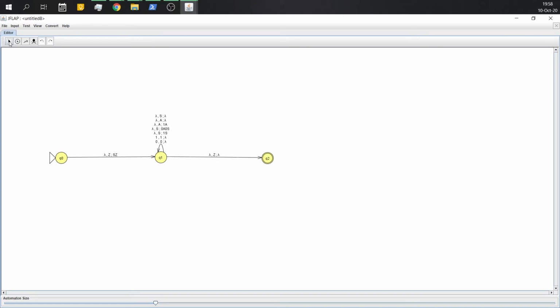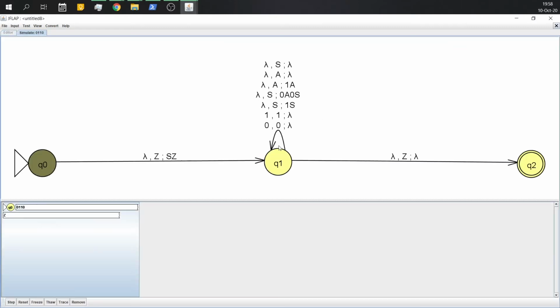So here we can see the PDA for LL type. Click on input step. Now here we are trying to visualize the stack and queue status for every step. For that we click on input, click on step with closure. Here we type the sample input like 0110, click on OK, then select accept by final state, click on OK.